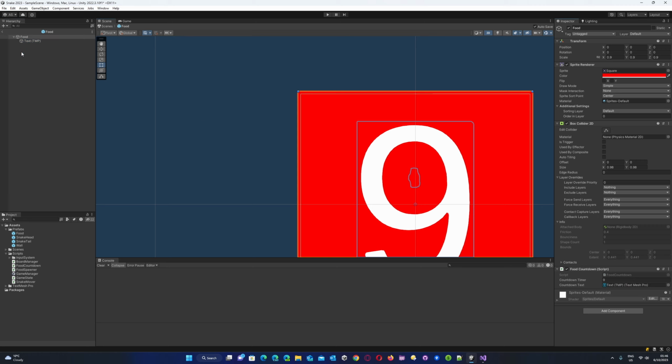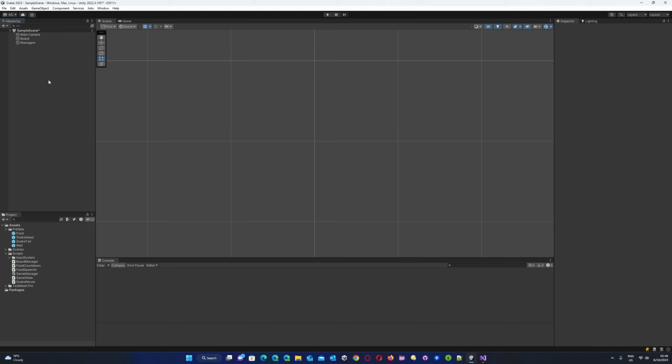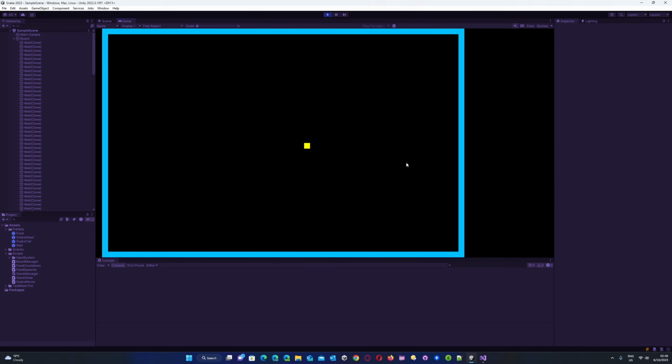And because we've added all that to the prefab itself, we can just exit out of the prefab because it's already saved for us. So what will happen now is if we hit play, if we've done everything right, we should get food spawning on the screen, and it should have its own little countdown timer,